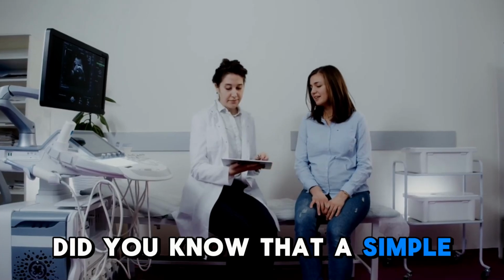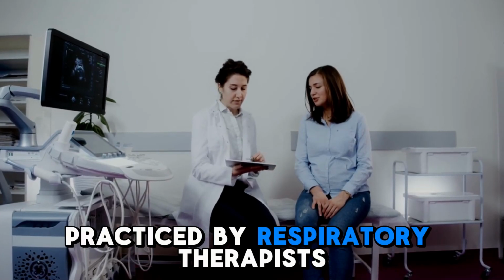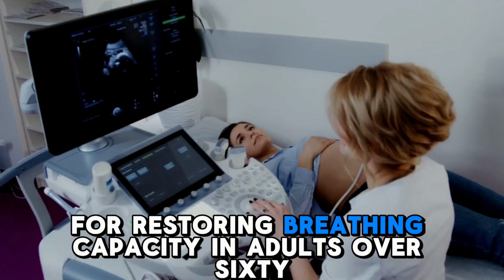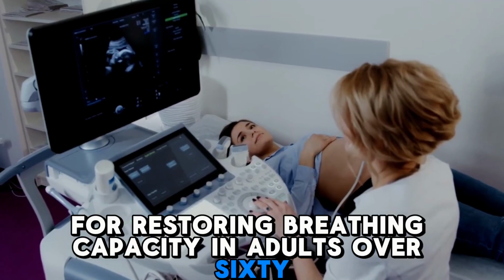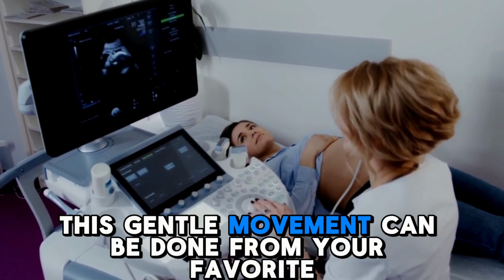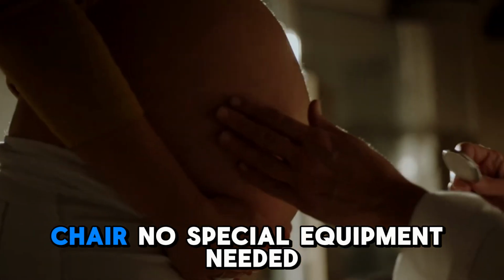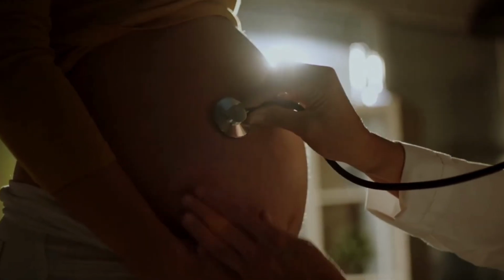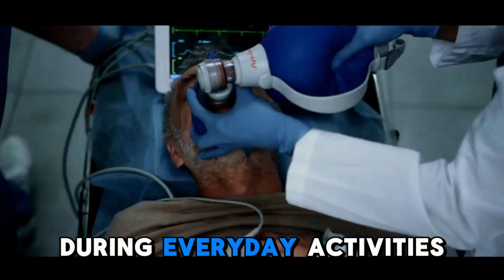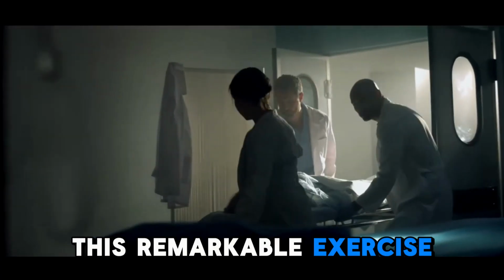Did you know that a simple 2-minute exercise practiced by respiratory therapists is proving to be more effective than walking for restoring breathing capacity in adults over 60? It's true, and what's most surprising is that this gentle movement can be done from your favorite chair, no special equipment needed. While millions of seniors struggle with shortness of breath during everyday activities, this remarkable exercise has been shown